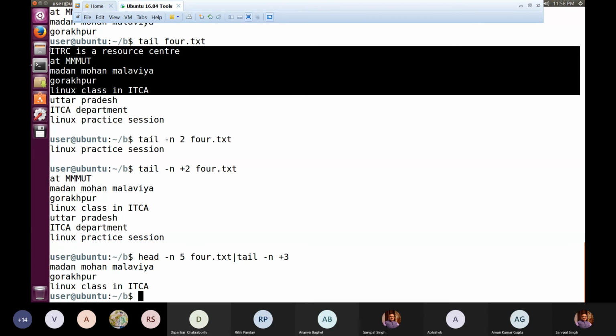Neither can tail be used for making this selection, because if we write tail -n +3, that means it is starting from line number 3, but not stopping at line number 5. Rather, if 50 lines are there, from line number 3 onwards it displays the entire content of that file. And we do not have the option of specifying the last limit up to which the tail command has to display. So that's why we make use of head and tail both to select a particular range of lines in a file.